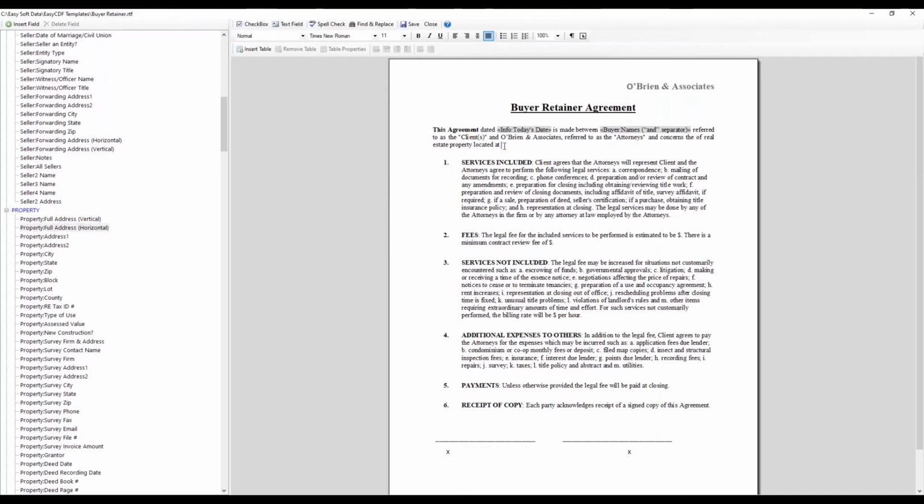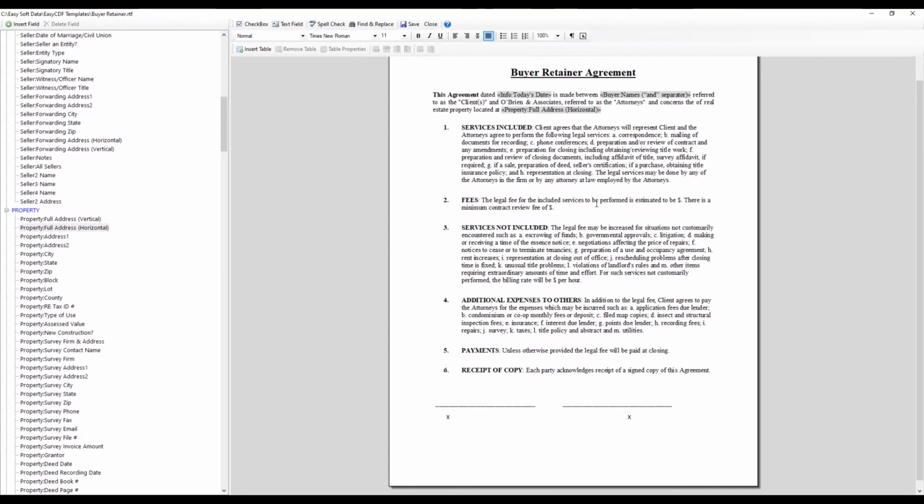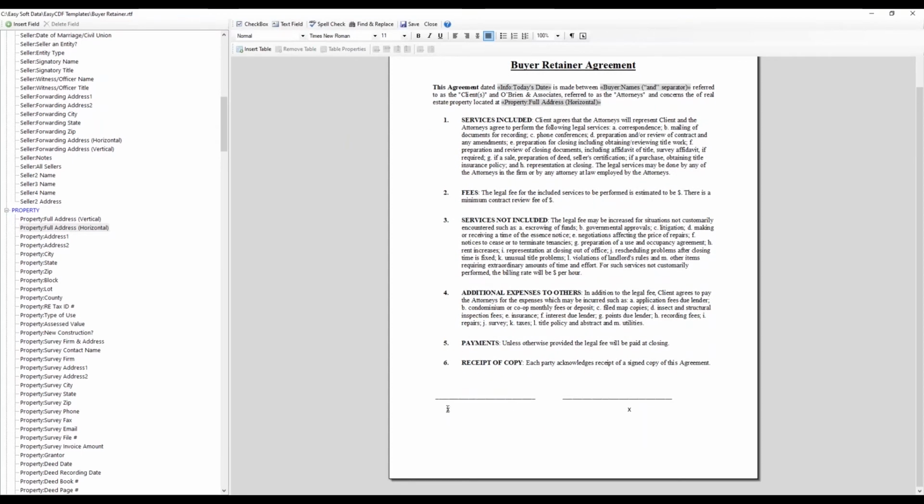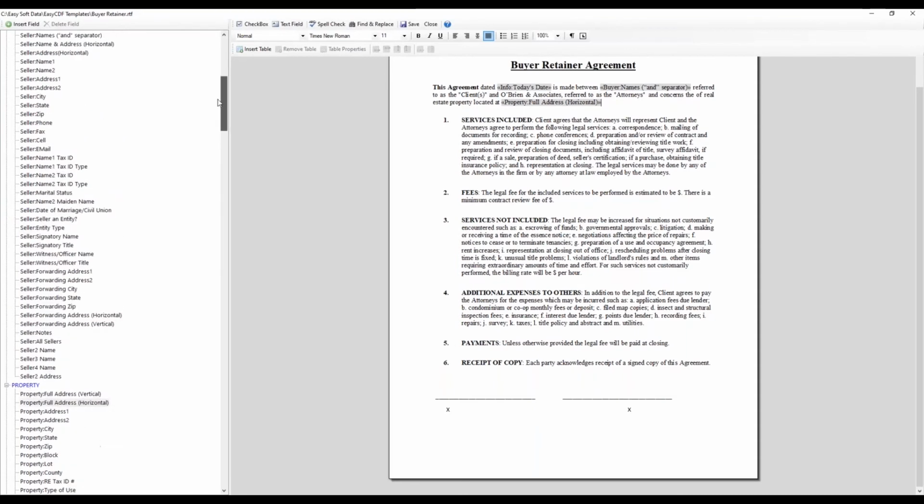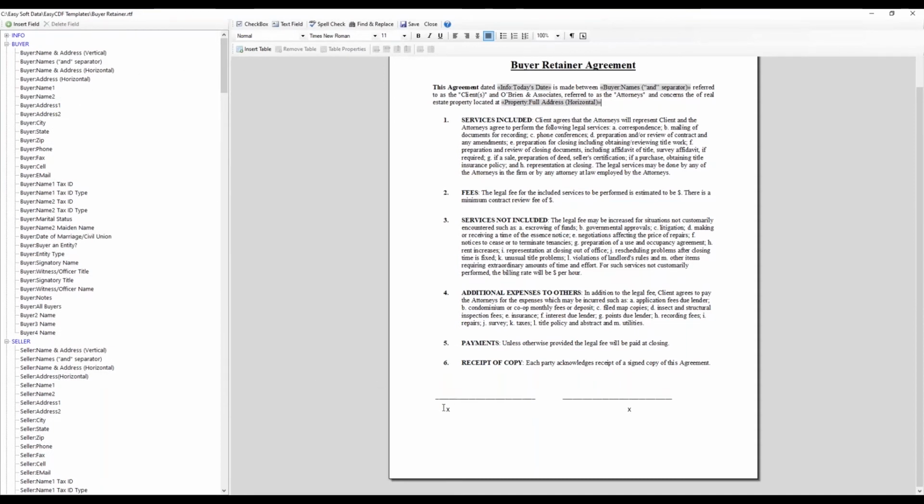I'll take my marker out. I've used the capital X as a marker, and then I'm going to insert property full address horizontal. Okay. And then at the bottom of this, I actually want the buyer's signatures. So what I'm going to do is just put buyer name 1 and then buyer name 2. And in the case that there is no second buyer, we don't have to worry about that. So let's see, buyer name 1. And then this will be,